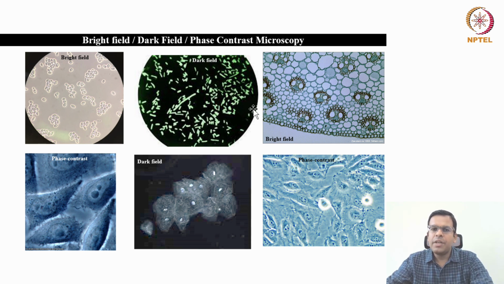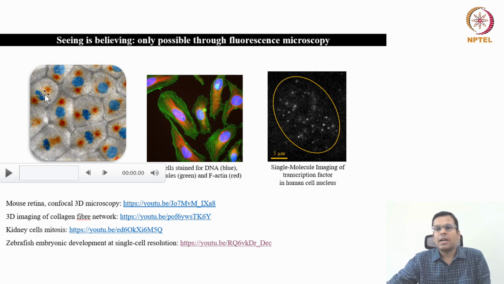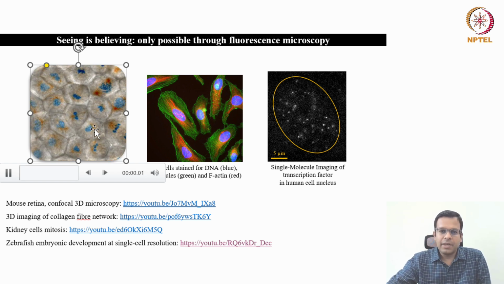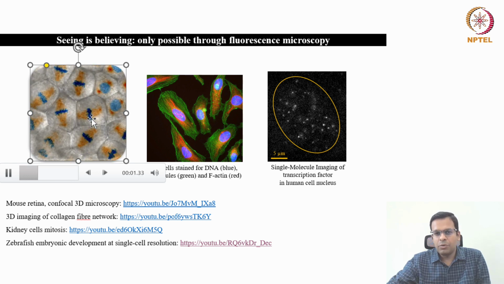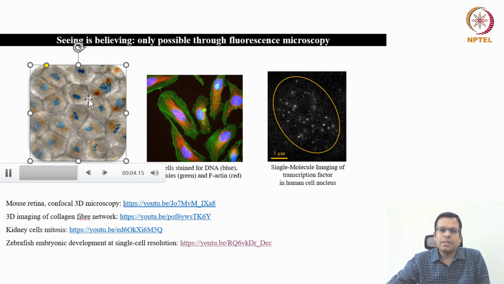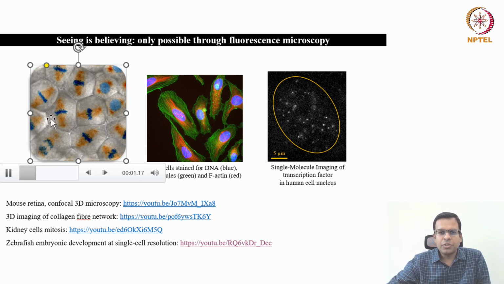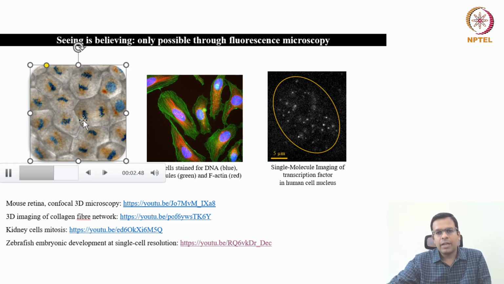To visualize those kinds of intracellular processes, you need a highly advanced research microscope, which can produce fluorescence microscopy images like this. So here I can show you what kind of images can be produced using the research microscope or the fluorescence microscope. Here you can see the cells are dividing, and the chromosomes are stained in blue with a blue color dye, and the microtubules are stained with orange color dye. So using the fluorescence microscope, you can actually visualize the intracellular processes, that okay, the cells are dividing, these cells are at metaphase or anaphase.